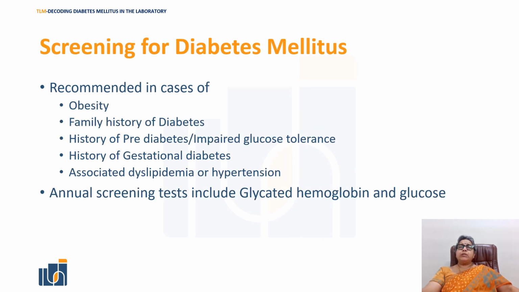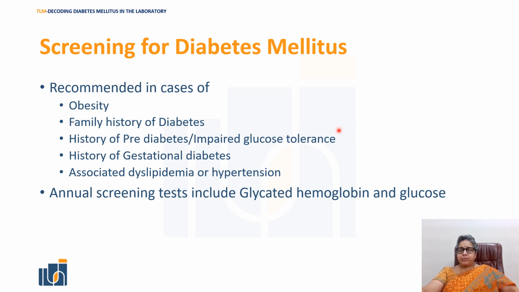So, do I have to screen the entire population now that we know that India is the diabetes capital of the world? But still, there are these criteria which you use for screening, which is not lab centric but patient centric. So screening for diabetes mellitus at a younger age group, say maybe even 35 or so, is recommended in all cases of obesity, family history of diabetes, father, mother, a maternal aunt, maternal uncle, history of pre-diabetes or impaired